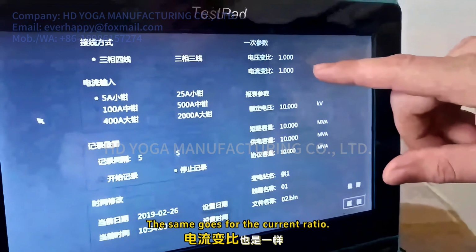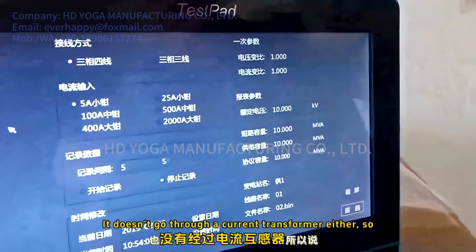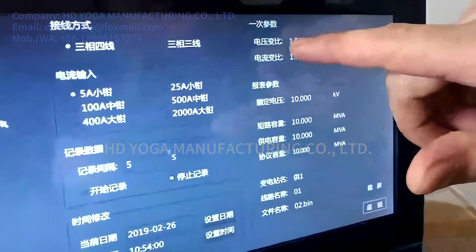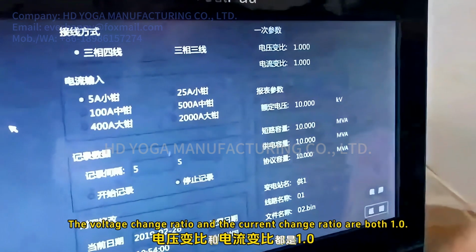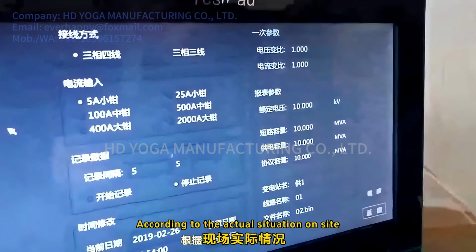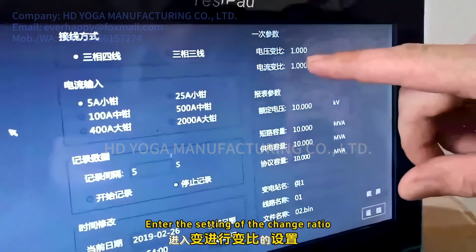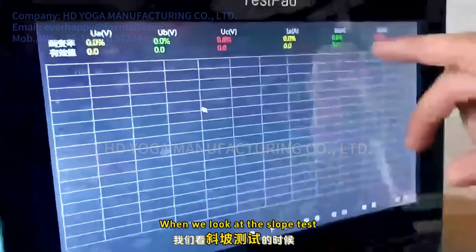The same goes for the current ratio. We have not gone through the voltage transformer now. It doesn't go through a current transformer either. So the voltage change ratio and the current change ratio are both 1.0. If there is a voltage transformer or current transformer, according to the actual situation on site, enter the change ratio. When we look at the harmonic test,